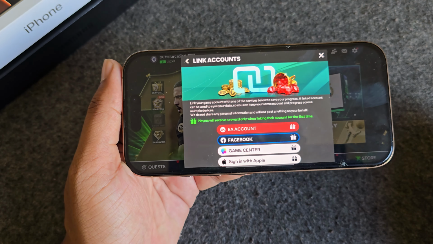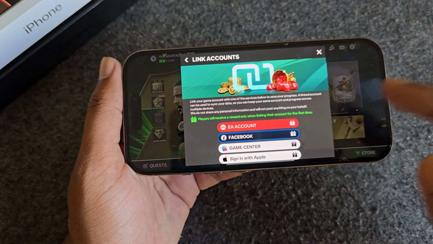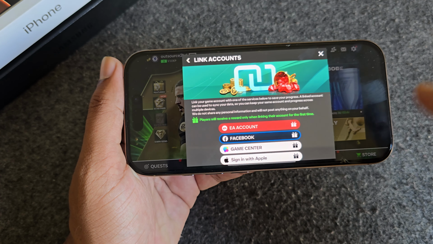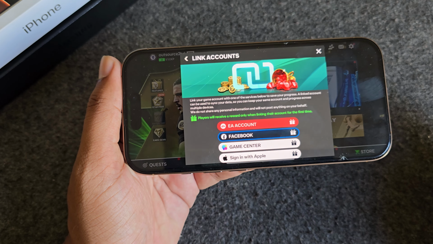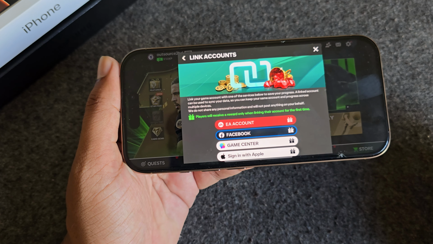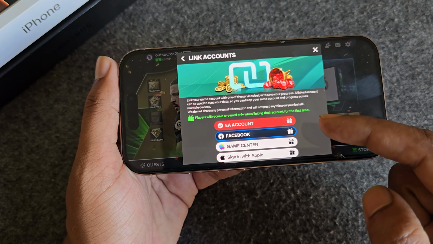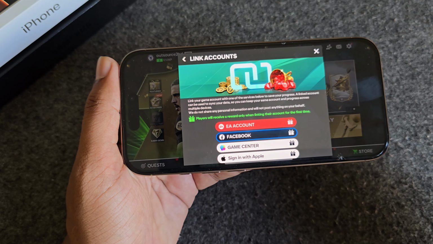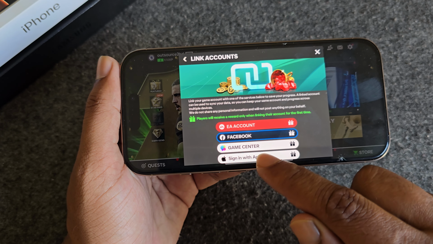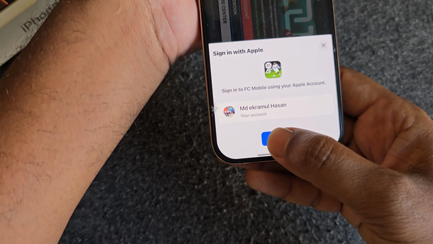Now, if you were using Android before, then you can use your Google account or Game Center, and if you use an iPhone, then you can log in with Apple ID, or if you took a backup with Facebook, you can do it with Facebook. Now I am using the Apple ID and just